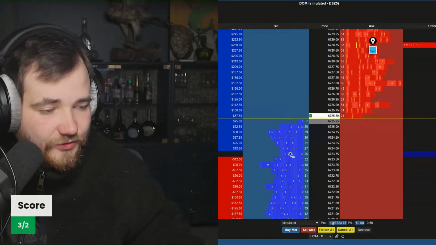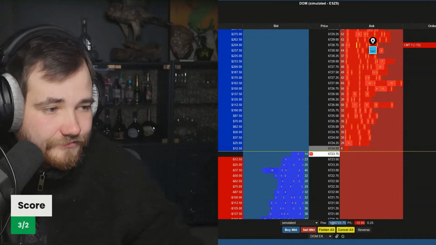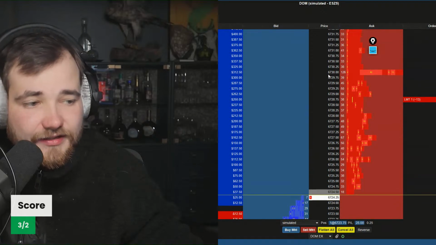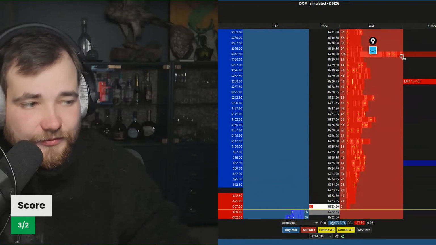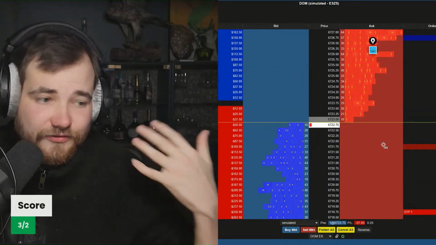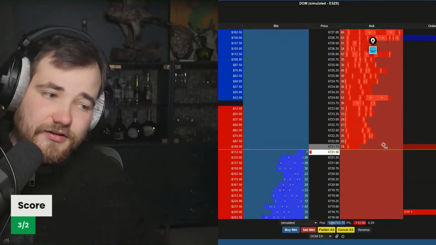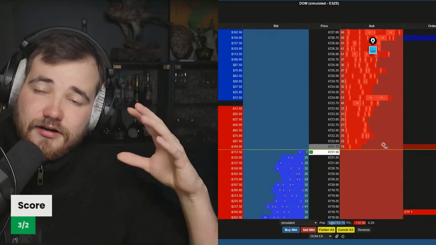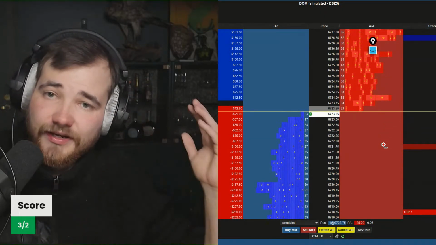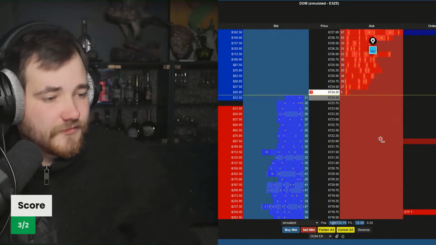Look at this. Someone adding some liquidity here and then just removing it. Someone spoofing the bid and ask a little bit here. We also have a lot of liquidity here. You can see 126 orders at 6,730. So technically we could even target that if we wanted to. But obviously this exercise is not about creating targets. But that's something you could do as well when you're doing this exercise. You could put your stops and profit targets not by bracket orders necessarily, but where you think the market is gonna go just based on liquidity that's on the market, right? So that's also something you could do.